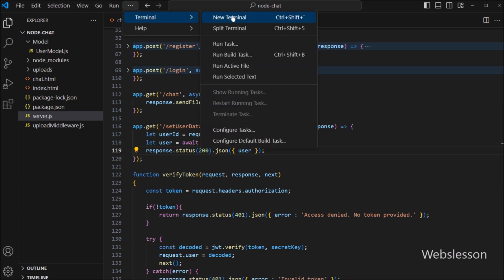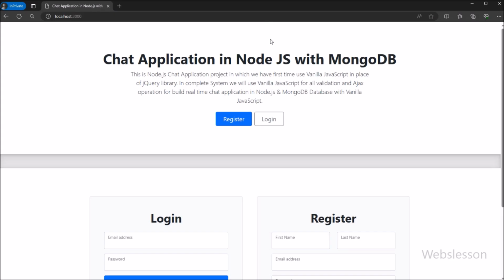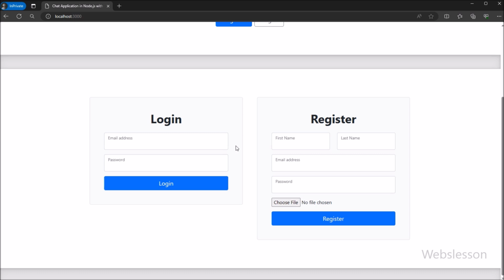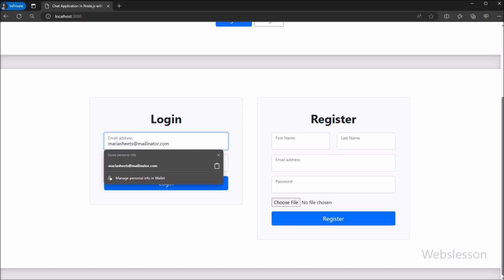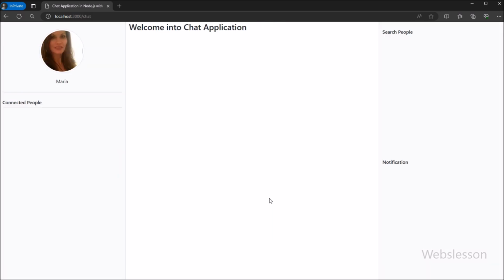Now to check the output in the browser, we go to the terminal window. And here, we have run the node server.js file, so it will start the node development server. So friends, here in the browser, we can see the login form on the web page. So we have entered the registered user login details under this login form. Now we have clicked on the login button. So after clicking on the login button, here we can see that the user has been logged into the system, and here on